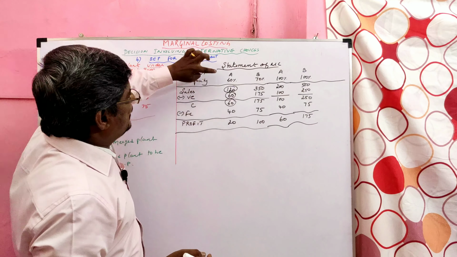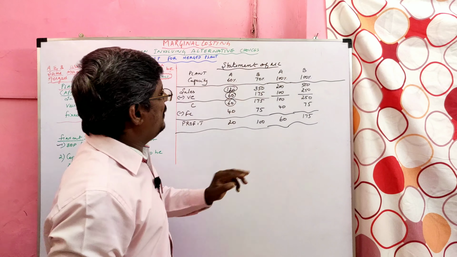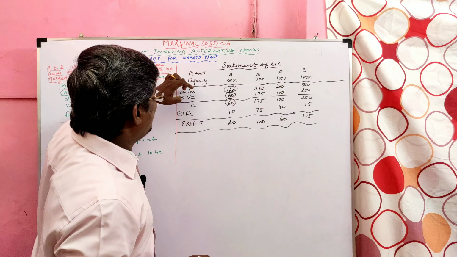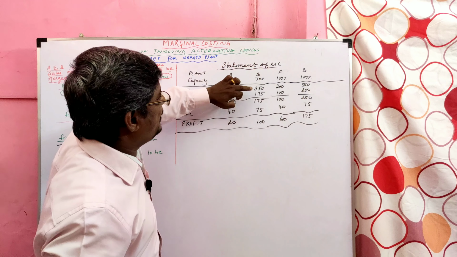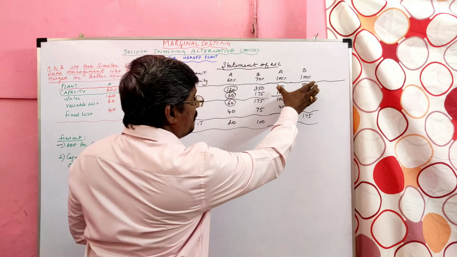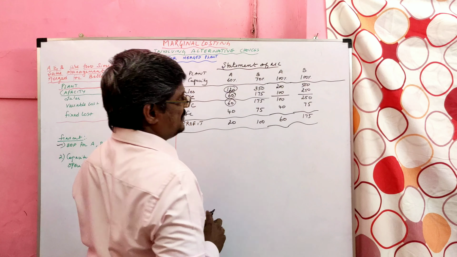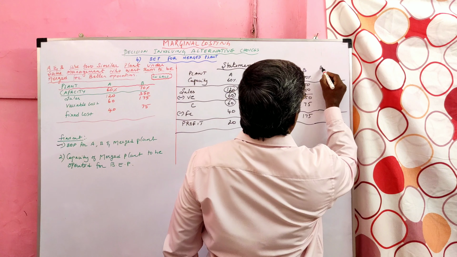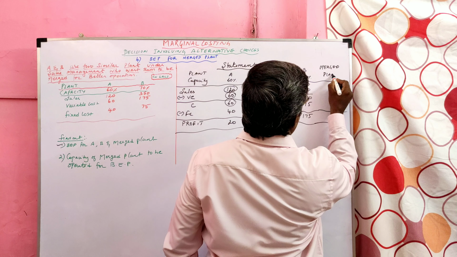Listen, students. Plant A working at 60% I converted into 100. Plant B working at 70% converted into 100. I converted sales, variable cost and contribution. So here 120 divided by 60 into 100, here 350 divided by 70 into 100. So before merging the plants, we should convert the plant capacity levels into 100%. Now I am going to merge. This we call the merged plant.